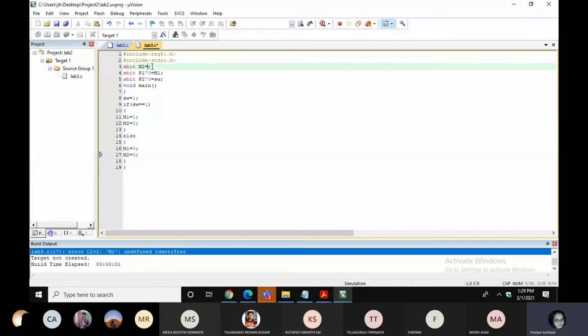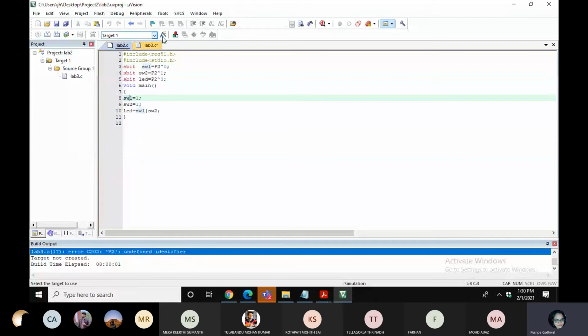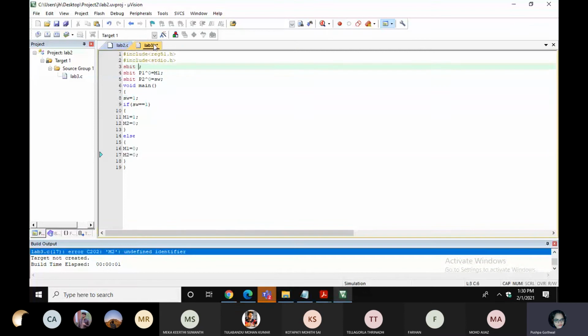The port definition I did wrong. It has a syntax which I have to follow that I didn't. P1 cap 1, that's why it's showing the error.